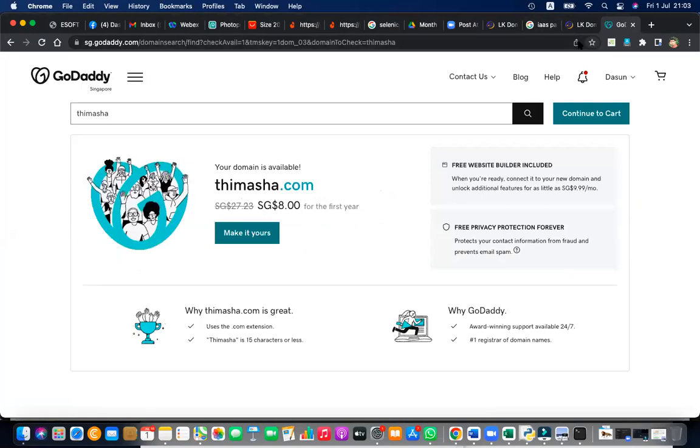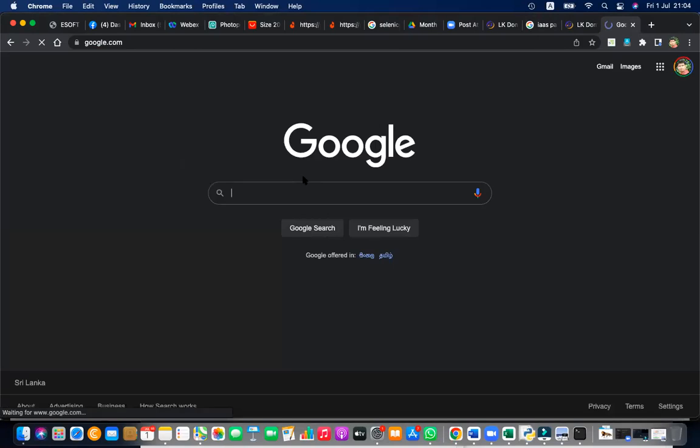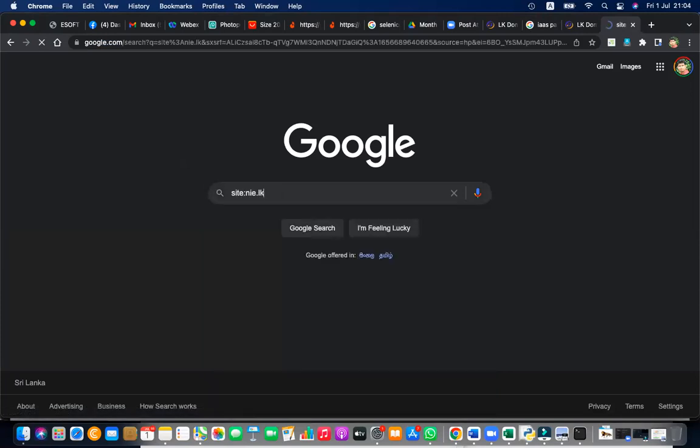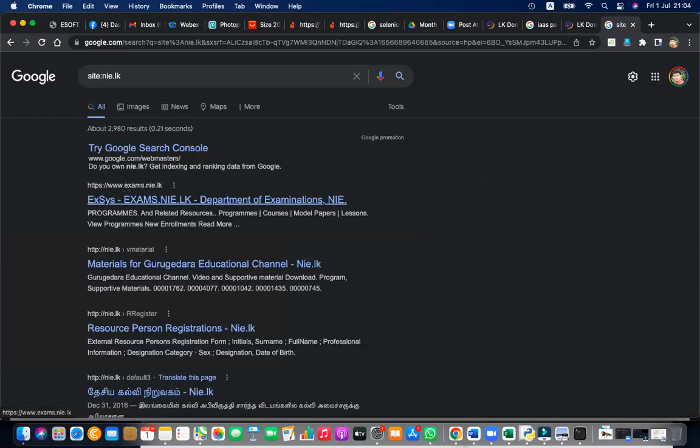Okay, let's see how we can search. If I want to search a certain address, I can search site colon, then the domain name. So I have searched site colon ni.lk.